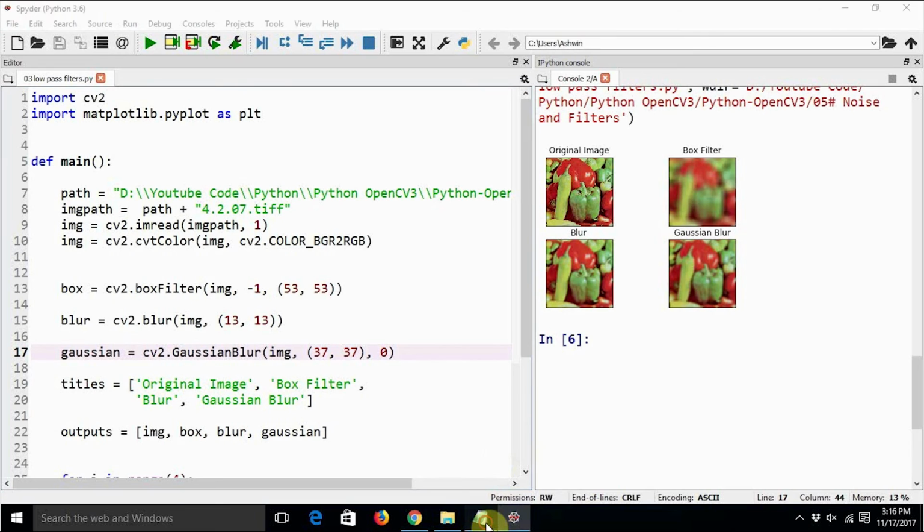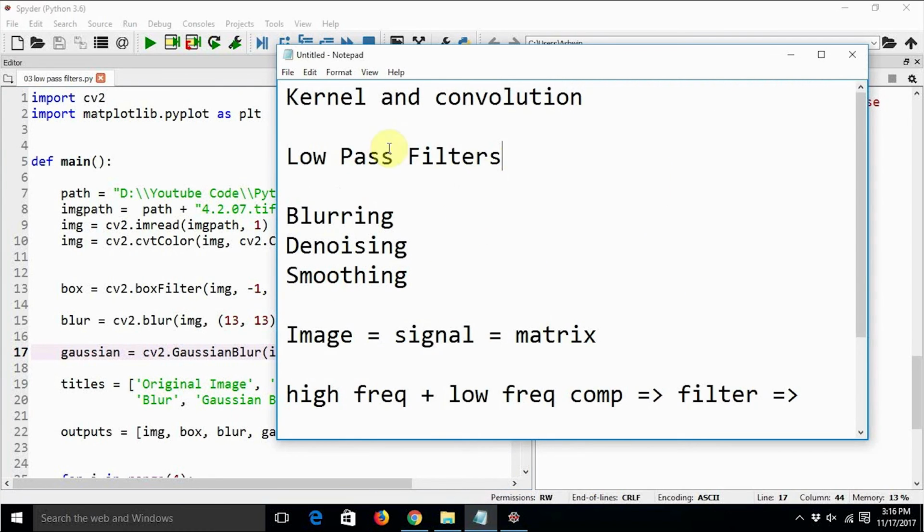So as you can see, these are all low pass filters, and we are able to blur the image, we are able to denoise the image, and we are able to smooth the image using these filters. So this is one of the main utilities of these low pass filters. If any one of you is quite comfortable with image editing tools like Photoshop, you will be able to find a couple of smoothing functionalities in the tools.